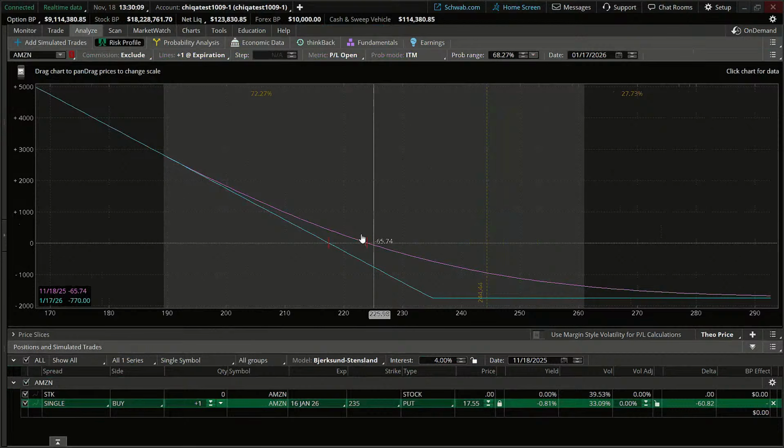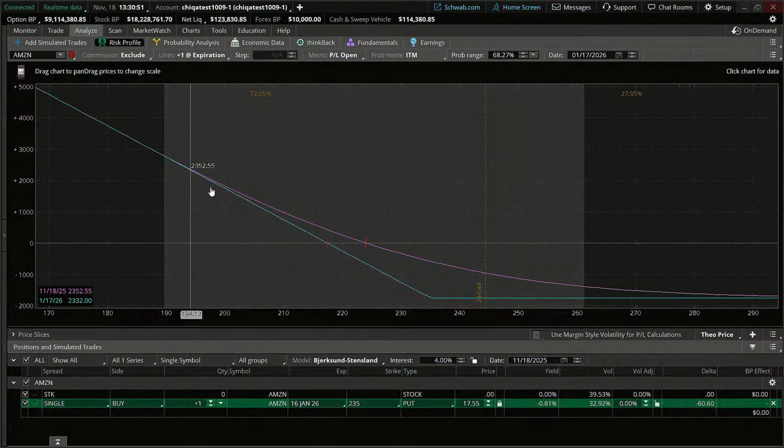Now, obviously, our downside risk and our max loss is going to be if the price of the stock is above 235 on expiration. We see that here, and the most we can lose, we can look at that value in the lower left-hand corner of our graph. The most we are risking to the downside is the premium that we are paying, which is roughly $1,755. Now, we have a lot of upside potential because the stock could theoretically go to zero. So we have as much profit potential as how far the stock actually goes down during that time frame.